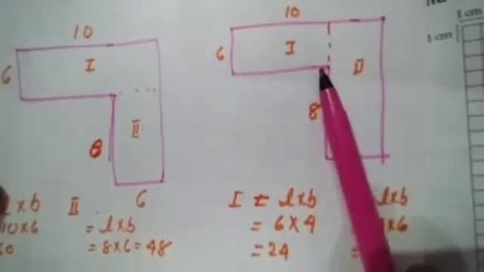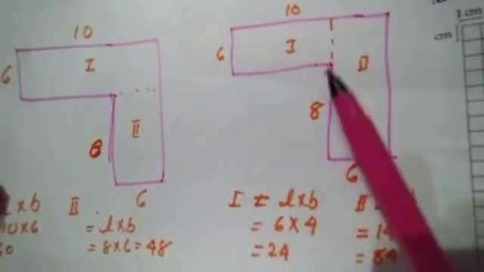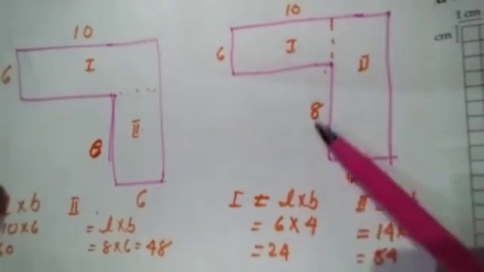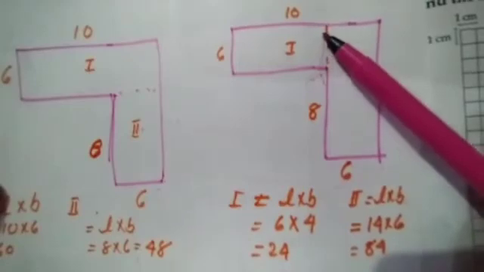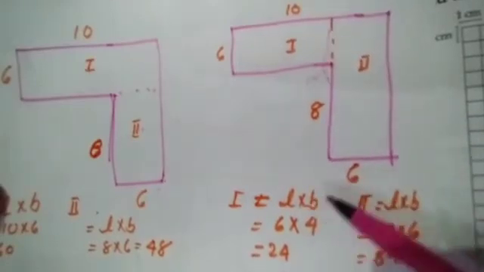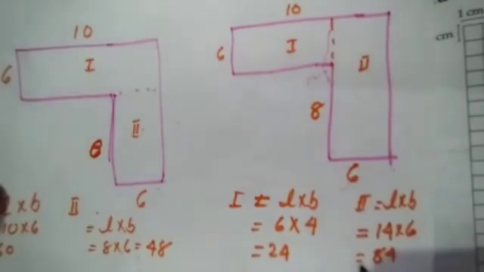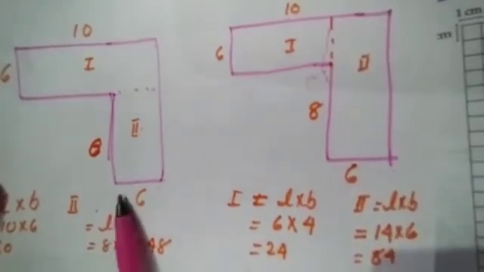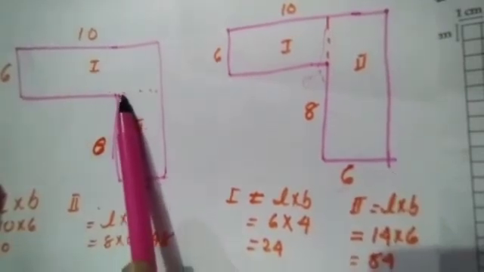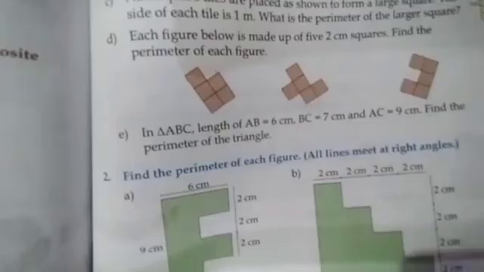Then the area of the first field is length into breadth. Length is 4, breadth is 6. That is 6 4s are 24. Same as this field. The length of this side is 8. Then this one is 6. That is 8 plus 6, 14. Length is total 14 and breadth is 6. 14 6s are 84. Then 24 plus 84 equals 108. That is, both have the same area. You can draw a line in this form, or this form, and the area becomes the same.